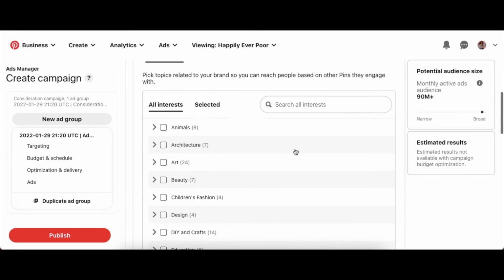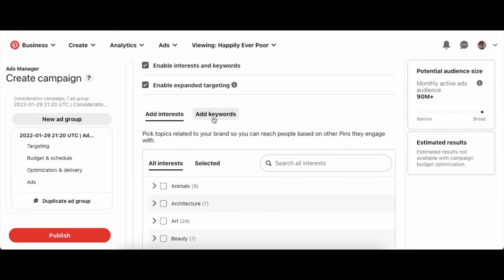And basically what you're going to do is you're going to be able to find keywords that you can target. So these interests here are actually all the same interests we've seen in the Pinterest analytics, the Pinterest audience insights. So I'm not going to look at those. What we're going to do is we're going to look at the keywords. So you're going to scroll back up, and right now it's automatically on add interest, but we're going to click